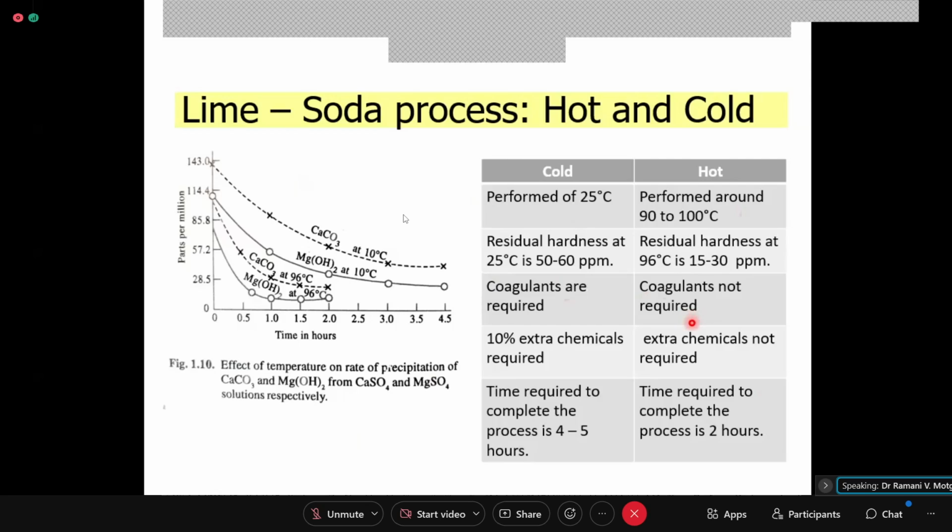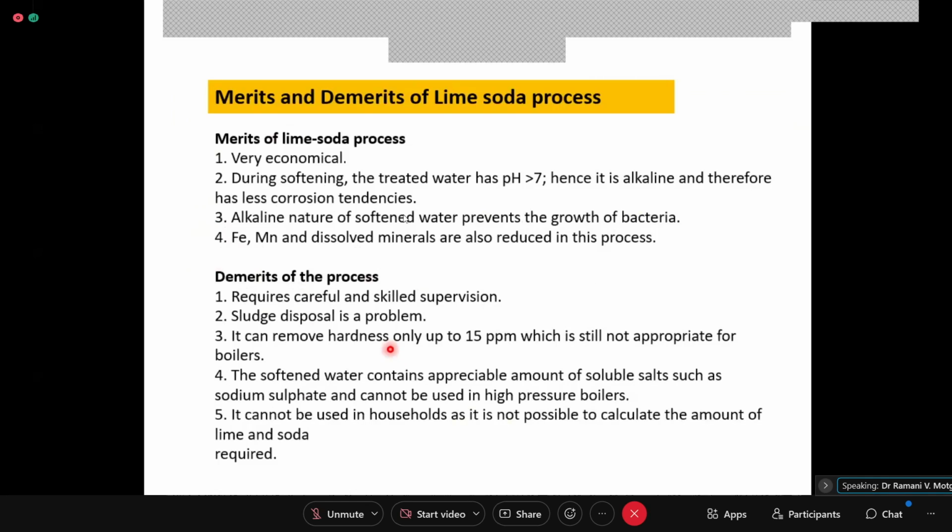This is an important part both. Either distinguish between may be asked or something based on this, because in your online exam, questions are more and more twisted. Last year students have appeared for the exam. Now for you, the questions will be more and more tricky. So it's always better you try to understand this and accordingly answer. Then coming to the merits, in 5 minutes we will cover the merits and demerits of lime soda process.